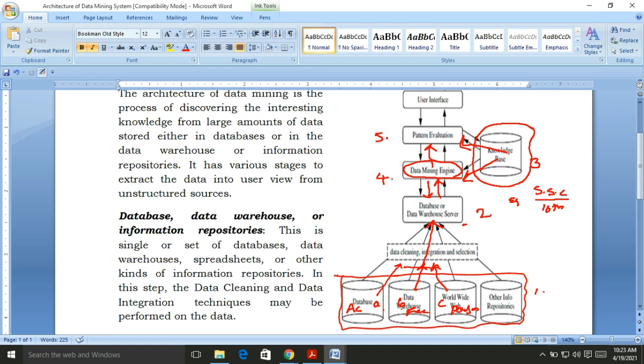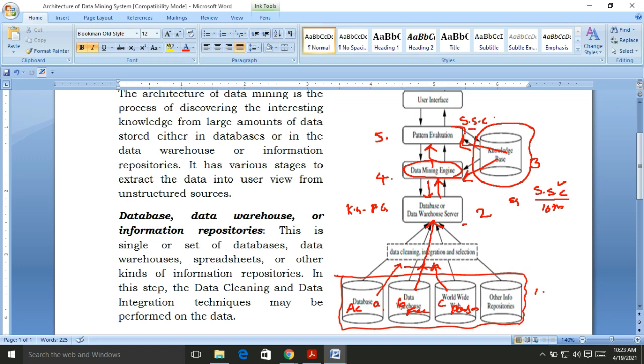That means I am asking for the SSC marks of the student, and this is extracted from KG to PG marks. Out of these marks, we analyze here whether there are SSC marks of the student or not, and this is the knowledge pattern evaluation.